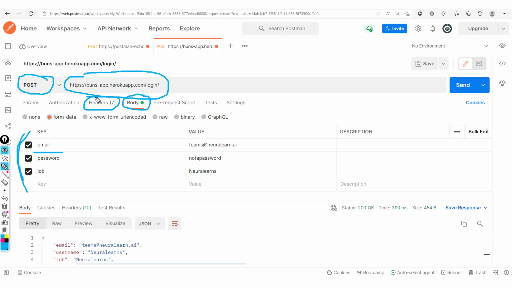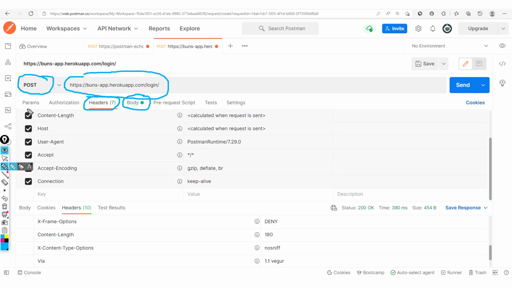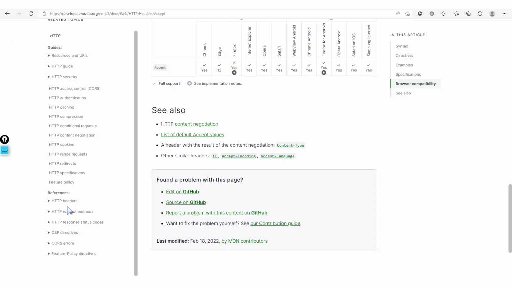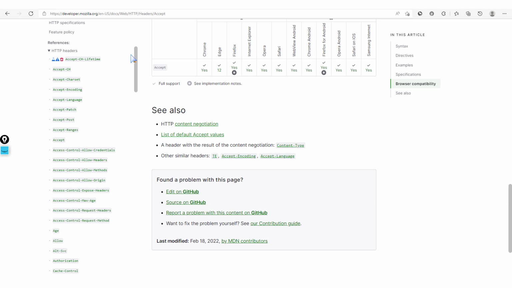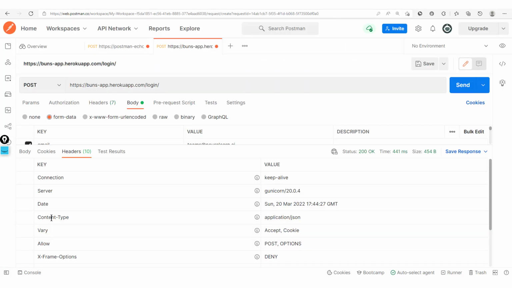Now this header and body information could be broken up into the request and response. So this is the request body, and here is the response body. And then here we have the request header and the response header, which you can get by simply clicking on this right here. You can also check out a list of HTTP headers on this developer.mozilla.org platform right here. Then at the level of this response headers, take note of this content type, which is